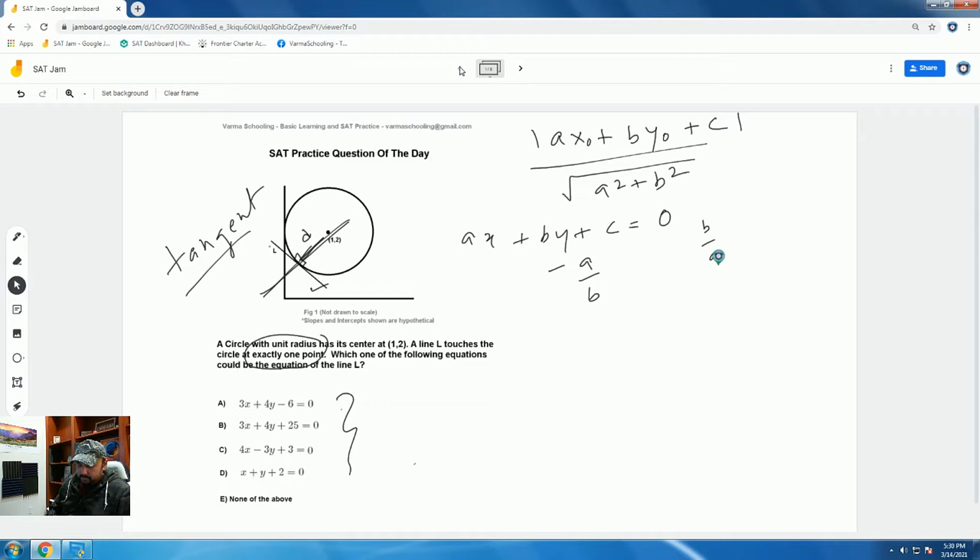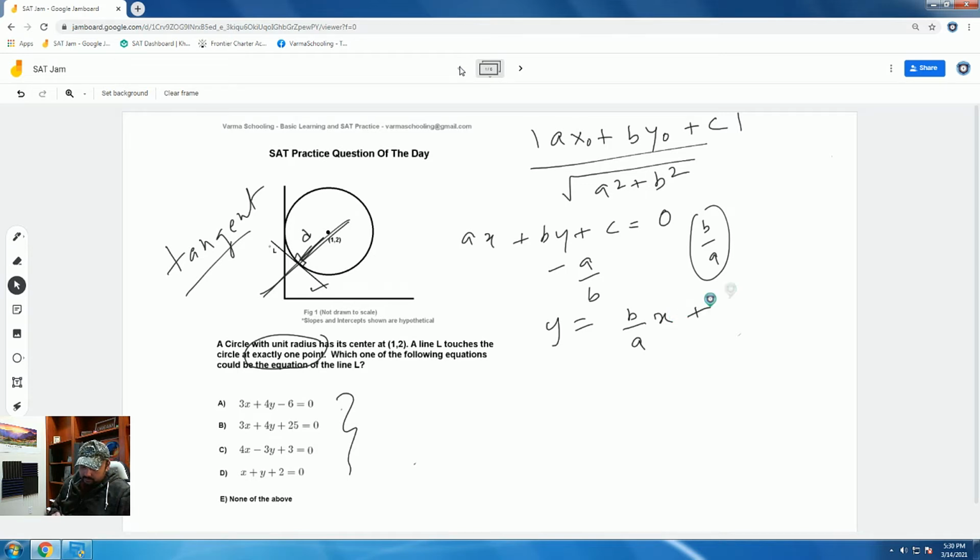So something to remember, that slope of a perpendicular line is negative 1 over m. So if you have a line y equals mx plus c, a line perpendicular to that will have a slope of this. So that's another way to do it. So we find the equation of the line that is perpendicular to this line, and the slope would be y equals b over a x. And to find the c part,